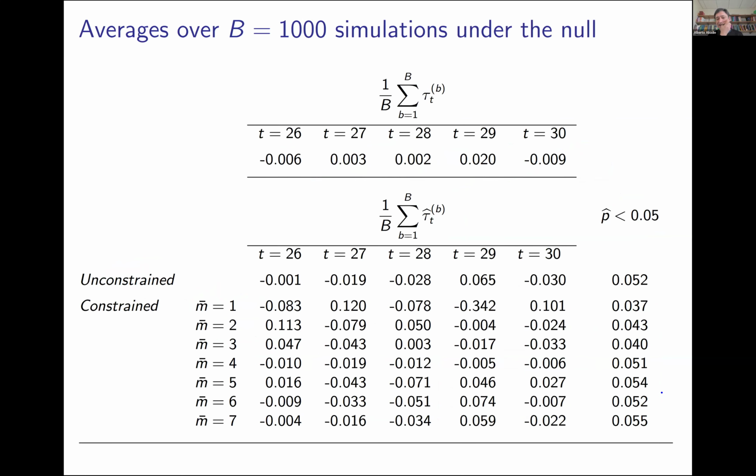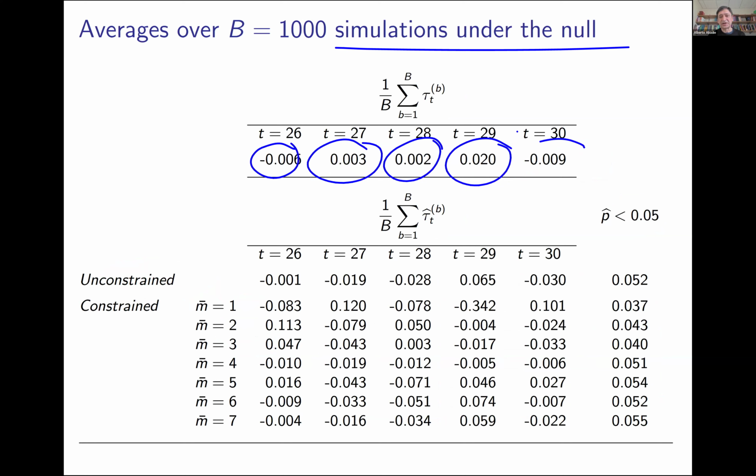If we go to a setting in which there is no treatment effect, we have done the same simulations now, but under the null hypothesis. You can see that the treatment effects have some realizations that are big, different from 0 in the simulation, but stochastically they are centered at 0, so there shouldn't be much action. And this is exactly what you are estimating here. You see very small estimated treatment effects, both in the unconstrained case, in which we can use as many treated units as we want, but also in the constrained case.